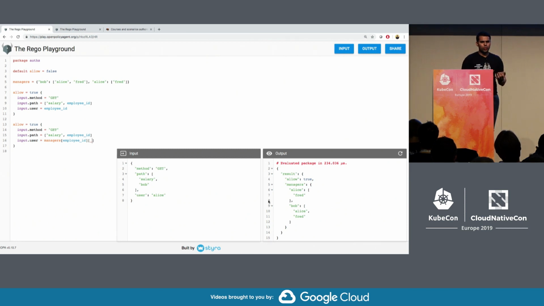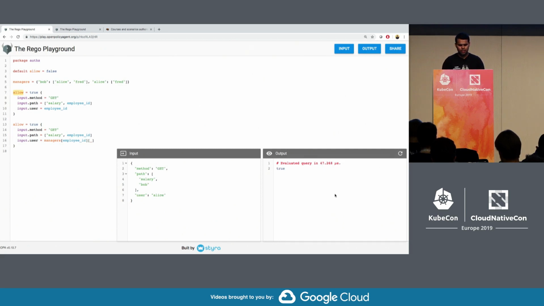So in this way, you can take a simple policy in English and write simple Rego code to implement or enforce that in OPA. And so one of the cool things about the playground is that it lets you evaluate certain sections of the policy. So for example, if I only want to evaluate the allow rule, I can simply select that and just evaluate that, and the result is true.